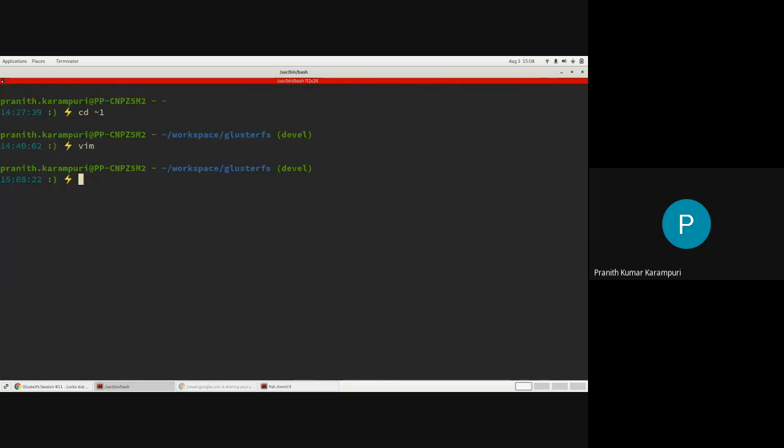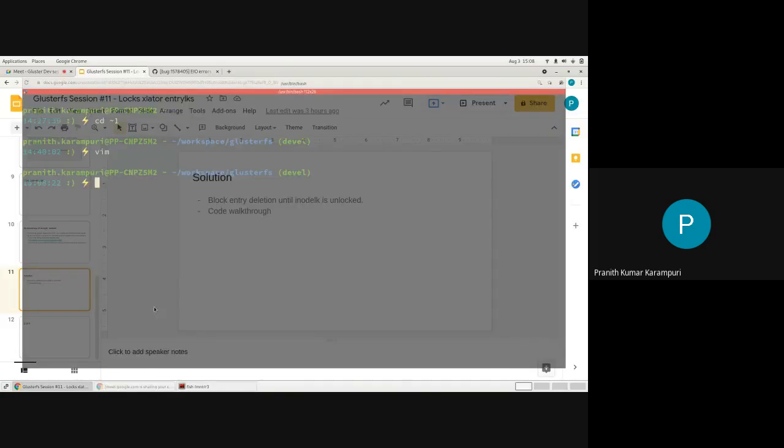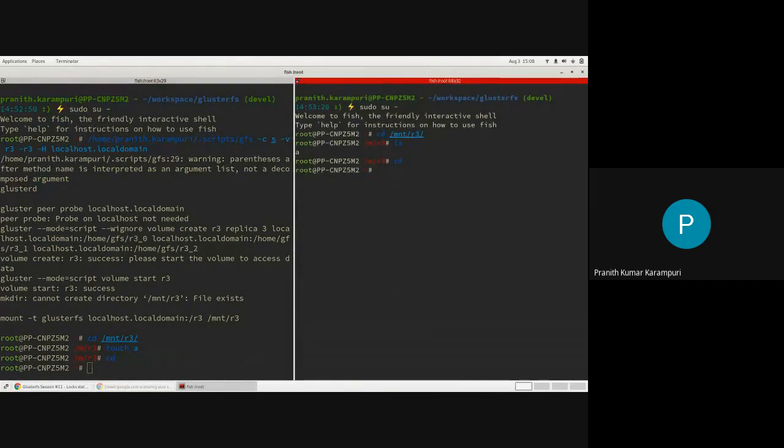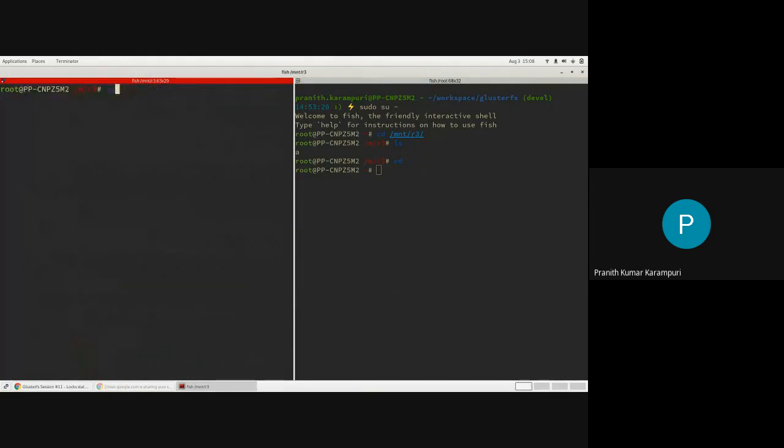Now we will also look at the state dump. I wanted to show you guys. Maybe it is better to click something. Let me do it like this.